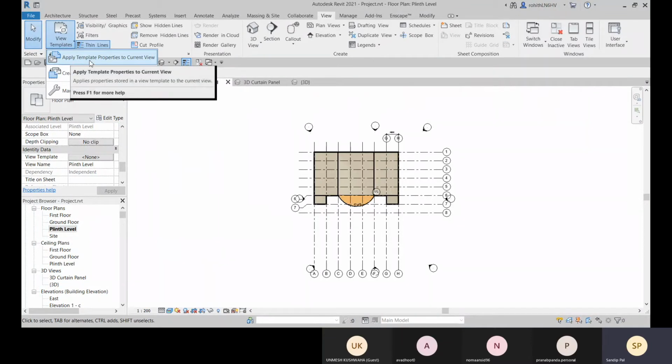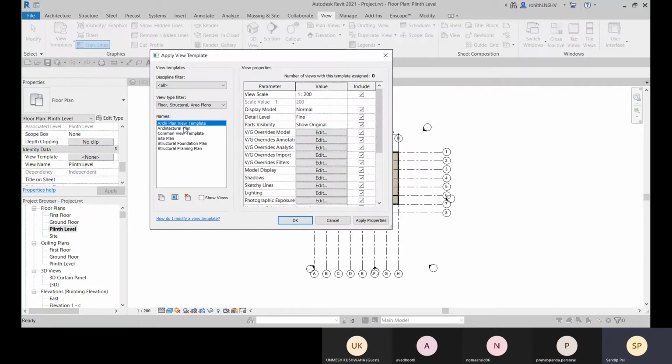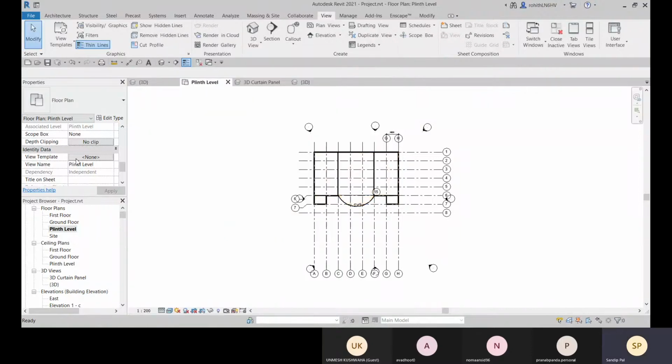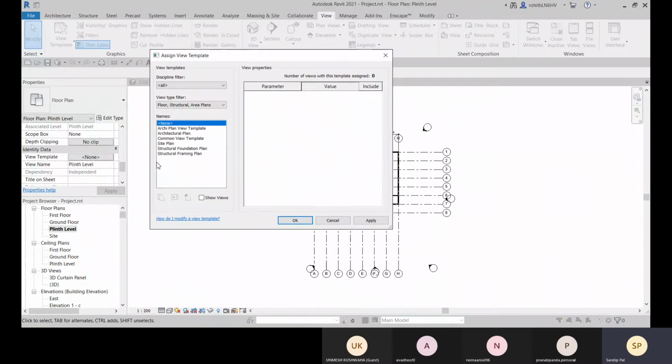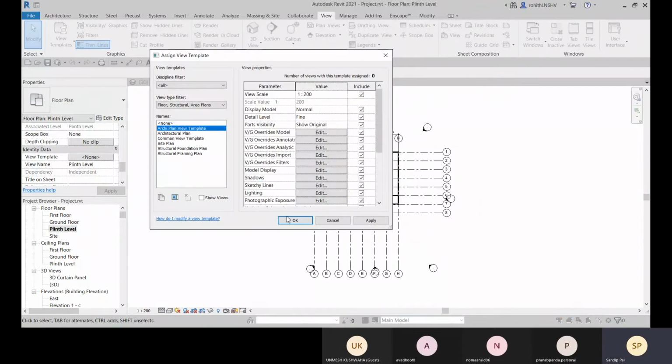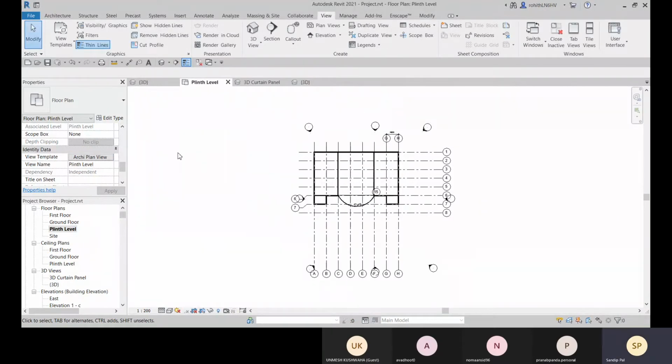Or else from this you can go for Apply Template Properties to Current View, and that is selected, and you can click on OK. Let's go with this Archi plan. Click on OK. That is right now selected.